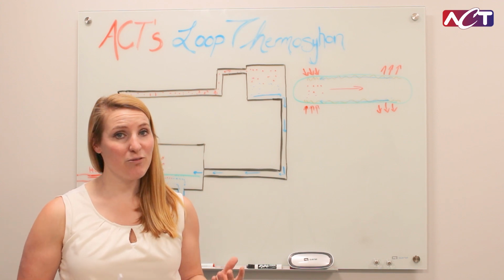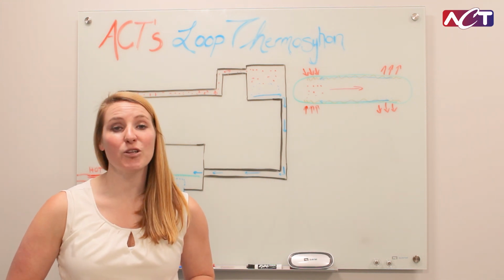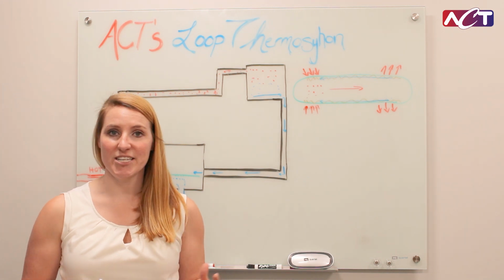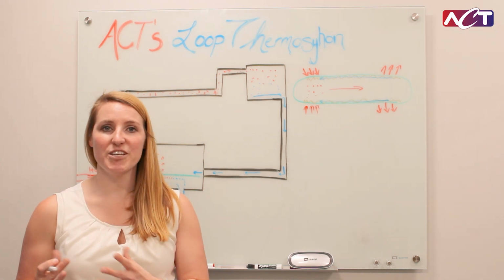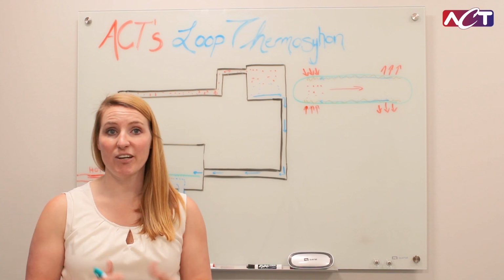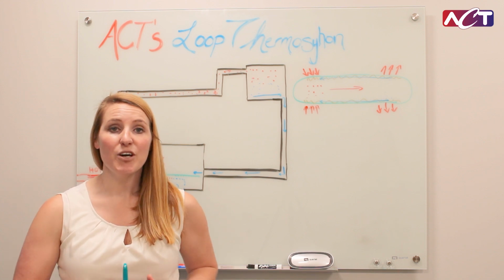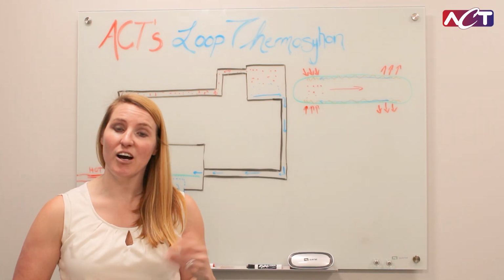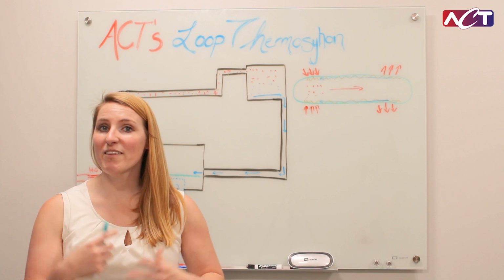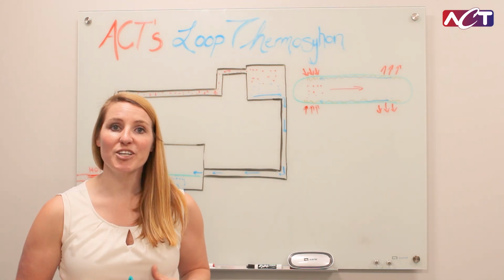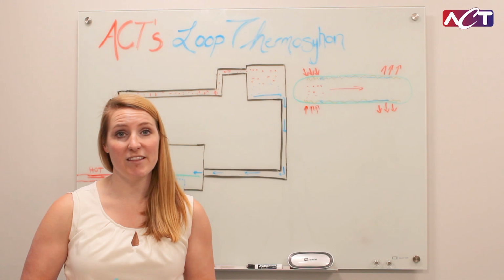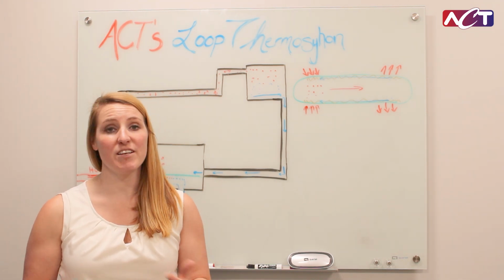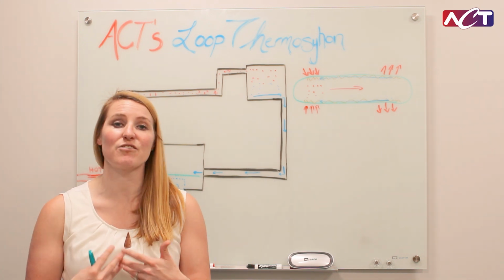Today, in our Engineering with Markers video, we're going to talk about ACT's Loop Thermosyphon, and particularly how it works within the energy industry. A lot of energy conversion techniques utilize a generator or something that spins to use a magnetic field to induce an electrical charge on a wire. All of that spinning and movement creates friction and thermal losses. So how best do we maximize the effectiveness of our energy conversion device when we have this thermal energy loss